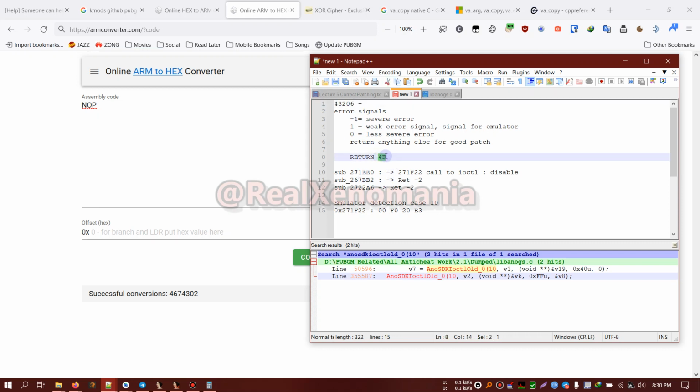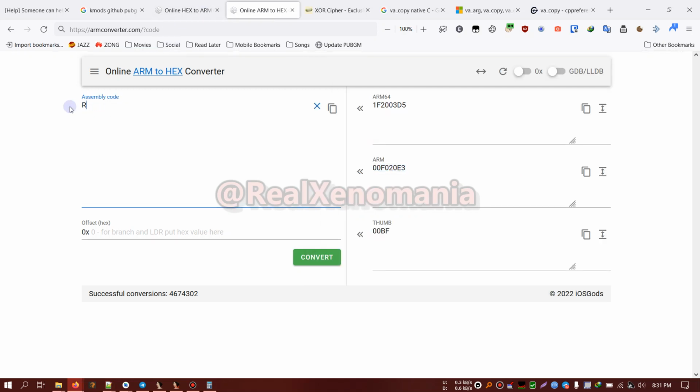How will I return 4E now? This is the question. I want to return 4E. How can I do it? Return hash 4E. So there is nothing I can do. How can I return R0 hash 4E, then BXLR? And here is how